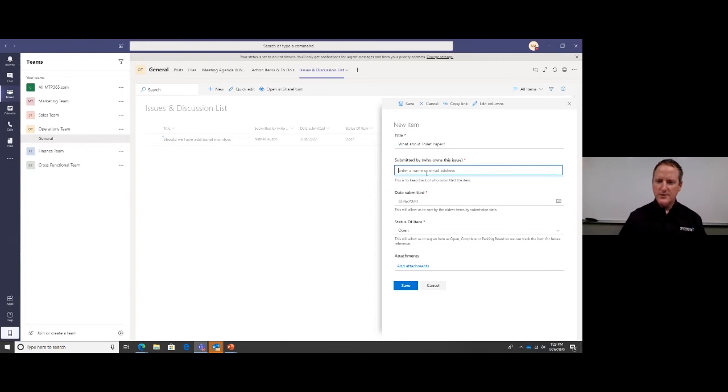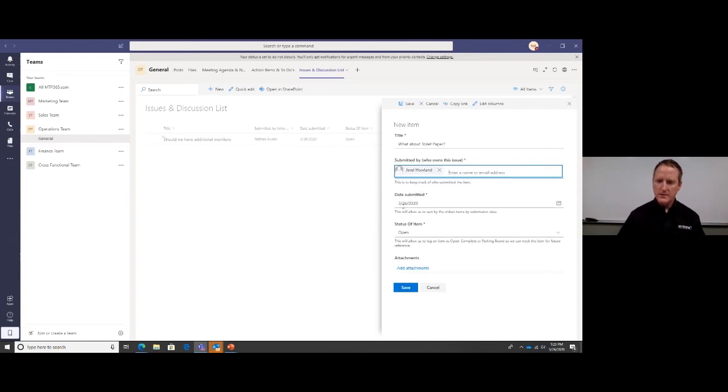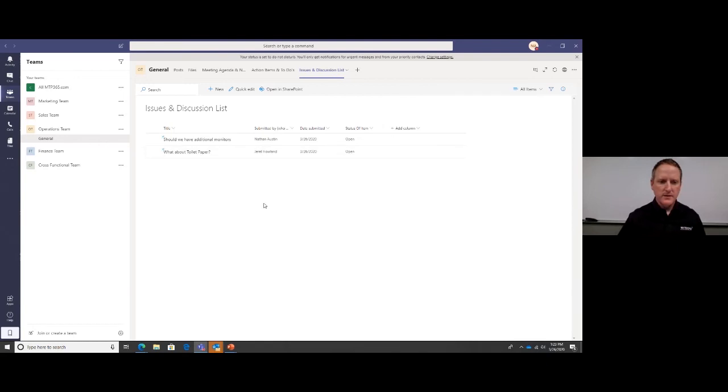And I'm going to choose who owns this issue. Well, I'm going to make sure that Gerald owns that issue, submitted today, it's an open issue, great. So now I've added that. This is very easy to do. Anyone on your team would be able to go and add this item here, and then we can go through and discuss it. One of the things I like to illustrate is how you can add columns and feature sets here,